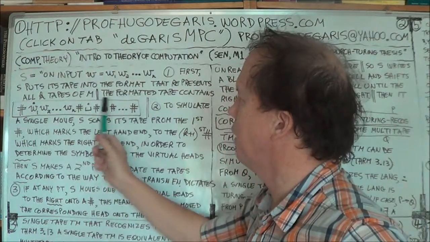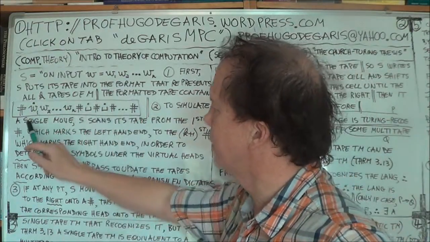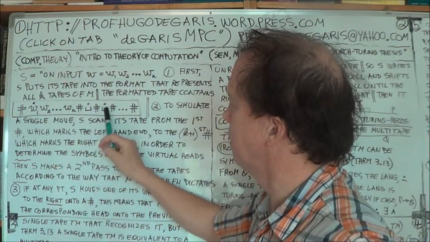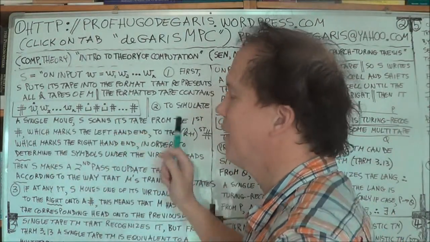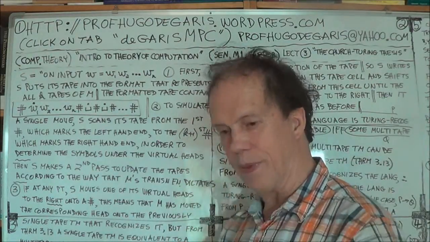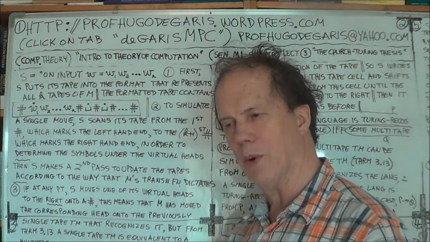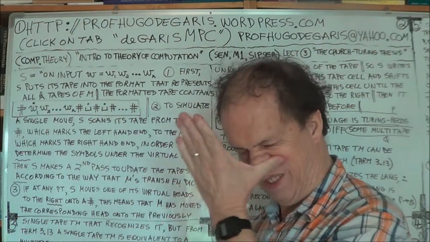You scan from here to here, and you read off the symbols under all the heads. So it'd be W1 blank blank blank blank blank blank. Okay. So the first pass, you're reading what's under the heads. Now, why do you do that? Well, because you're going to plug in those